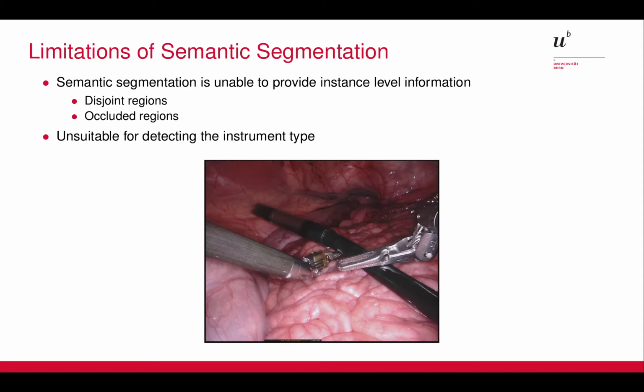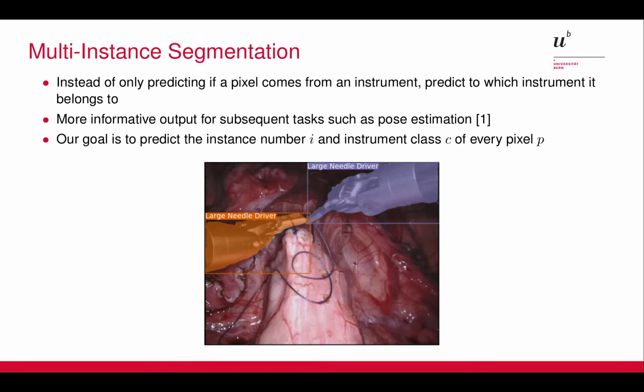Furthermore, detection of the instrument type is only possible in many cases by distinguishing the clasper, as the shaft is shared among many instruments. This requires information from the clasper to be shared with any pixel in the shaft over large spatial distances, something which semantic segmentation methods typically struggle with. As we have seen before, semantic segmentation does not provide us with sufficiently detailed output to tackle the problem at